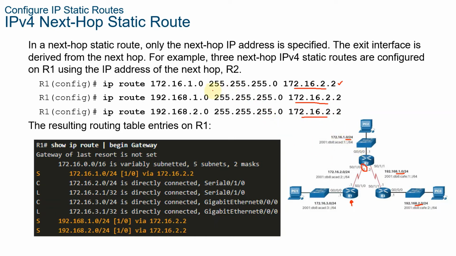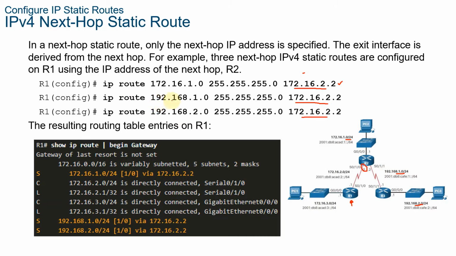So that is why on the configuration, you're gonna have here IP route 172.16.1.0, subnet mask, which is 255.255.255.0, and you're gonna have here the exit interface. All right. So same thing with the second remote network, which is